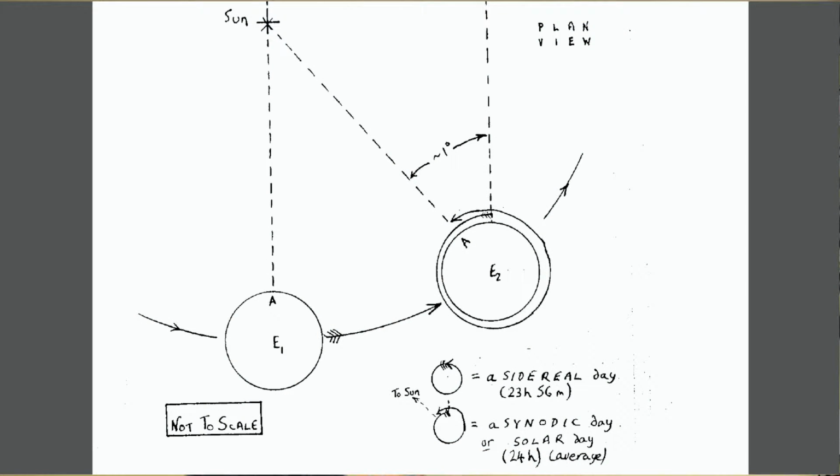Let's go over here. If you have a look at the diagram, I think the sun's fallen off the top for some reason. There's the sun. Start down the bottom. Here's the Earth. The Earth spins round, as we know, and the sun's over there. A good way to think about it is, imagine the Earth didn't travel around the sun. Those two times would be the same. The time from sunrise to sunrise, or noon to noon, and the time for the Earth to spin would be exactly the same.